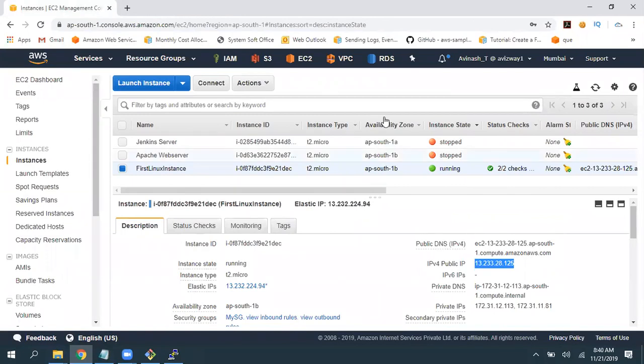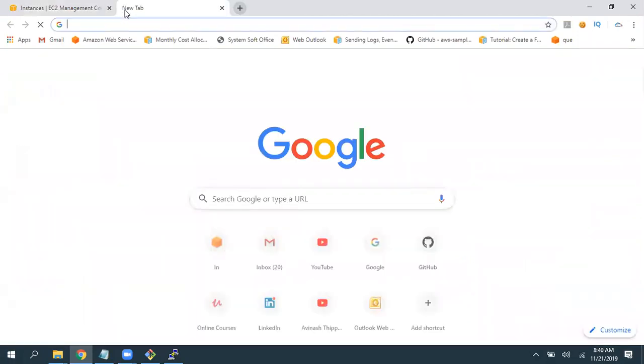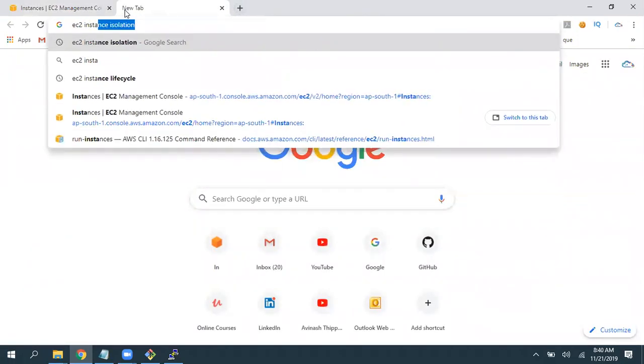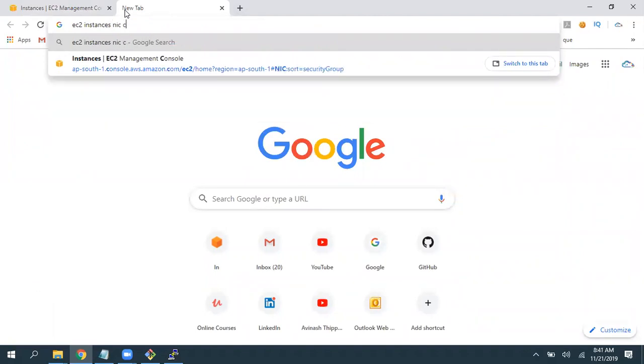And does creating a NIC come under free tier eligibility? No, NIC also will not come under free tier eligibility, and Elastic IP address also will not come under free tier eligibility. Based on instance type, we are going to get NICs. For example, if it is T2 micro, you can associate only 2 NIC cards, not more than that. If you want to know the limit, look at EC2 instance NIC card limits.